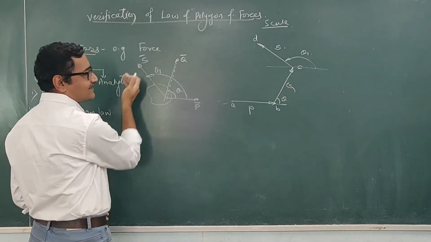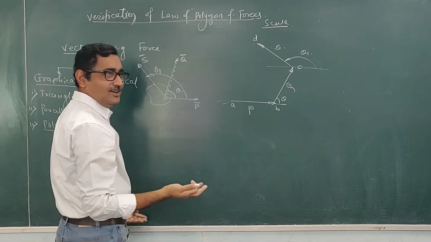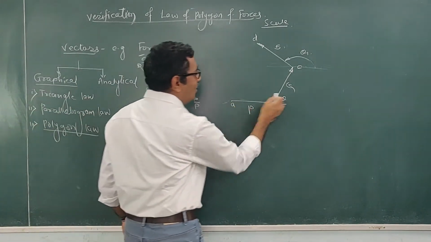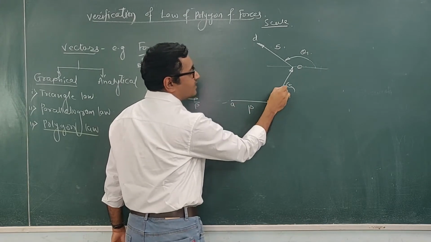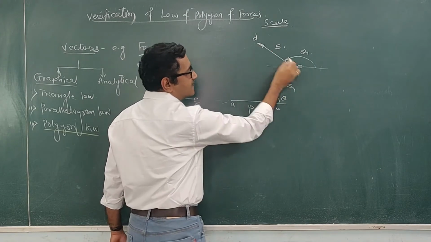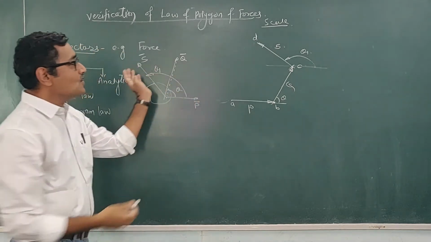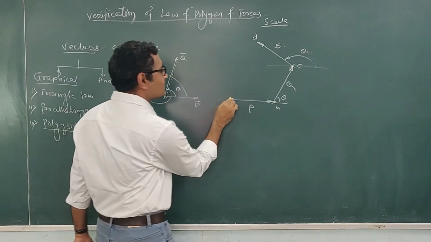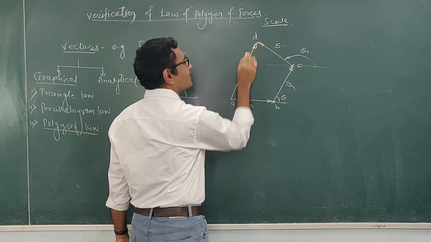You can go for S also. You can select any sequence, but all these should be in order. Order means the next vector you have to start from the head end. This vector you have to start from the head end. So if I represent these vectors as a side of a polygon, then this closing side of the polygon